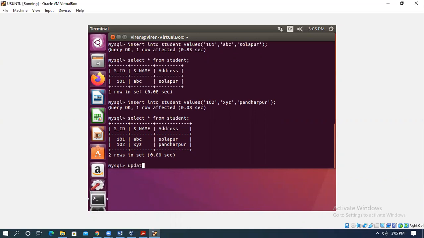So I will write the command update, then table name student, then set address equal to Akluj, where s_id equal to 102.